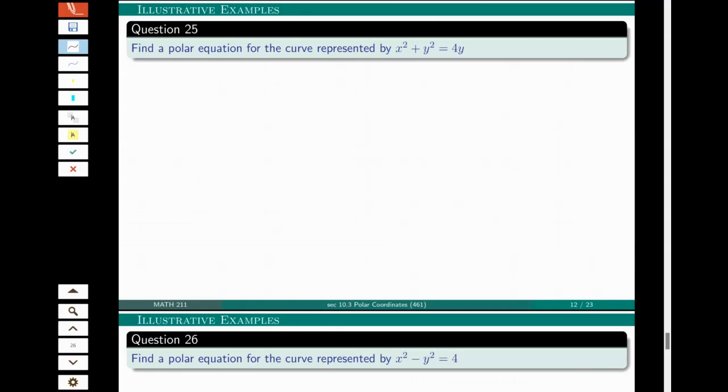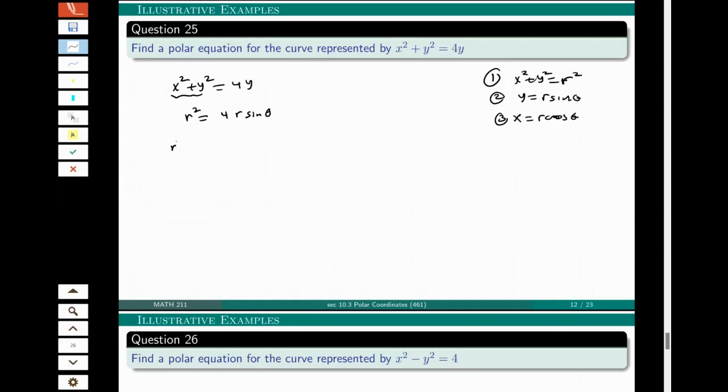Now, it says find the polar equation representing x squared plus y squared is equal to 4y. We say this will be our basic rules. X squared plus y squared is equal to r squared, and y is equal to r sine theta, and x is equal to r cosine theta. So we are replacing x squared plus y squared by r squared. For y, what is it? R sine theta. So if we take it to the other side, r squared minus 4r sine theta